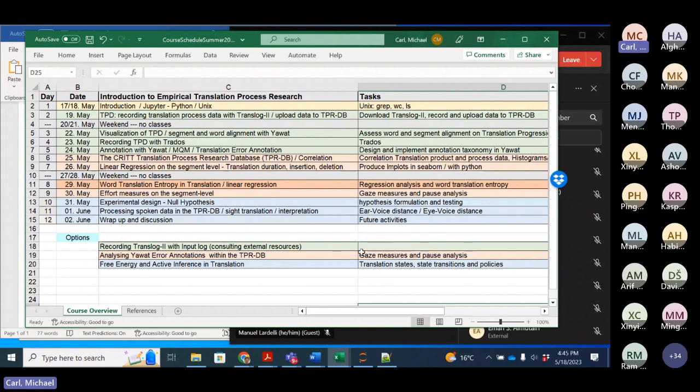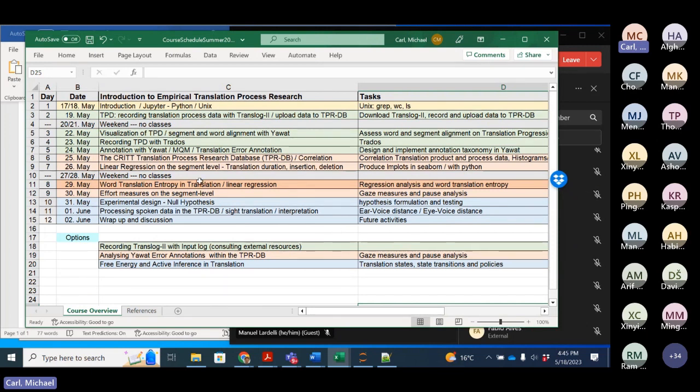In addition, we can also have an eye tracker connected to it so that we can have almost similar data to what we gathered in Translog-II, but here acquired through a more professional tool. But this is quite new. Not so many experiments we have done with this. We're starting to do experiments with this.